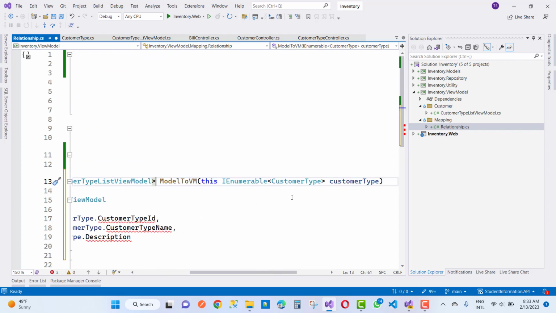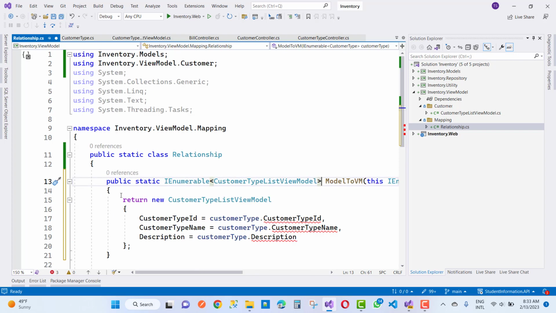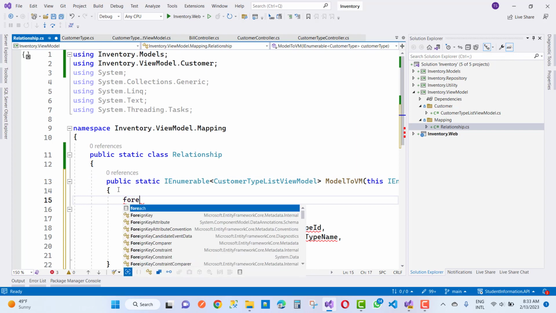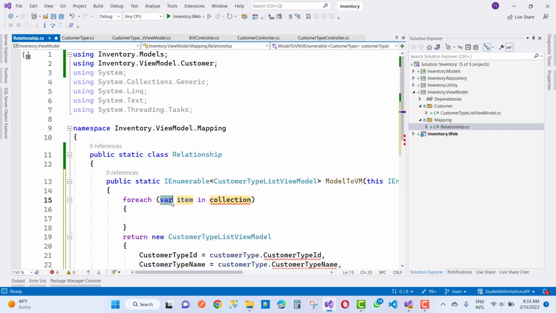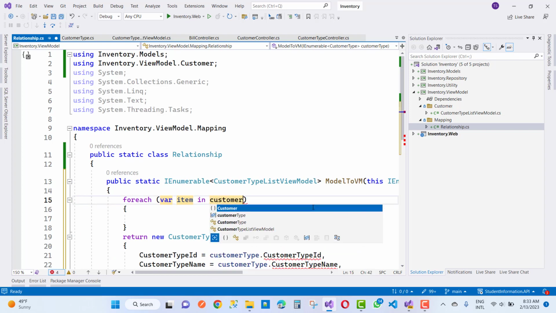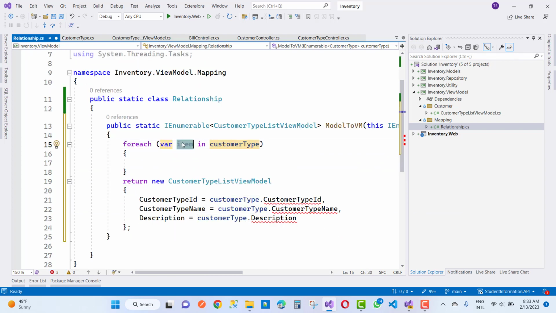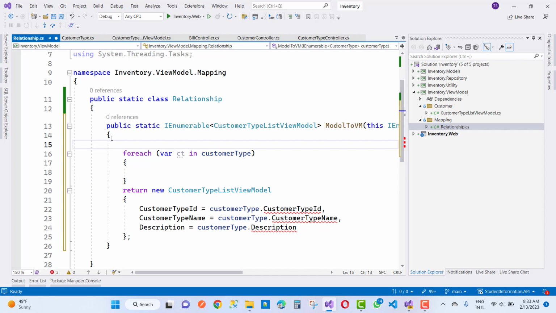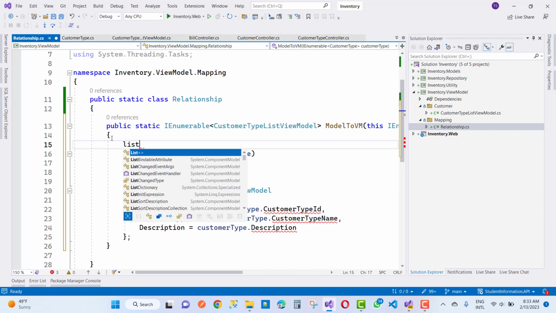So here we have a list of customer types. I'm going to add a for each loop here, where item in collection, and the collection is customer type right here. Customer type is the name, and the first thing is the customer type. CT is the type here, and first of all I'm going to add a customer type view model. So list of